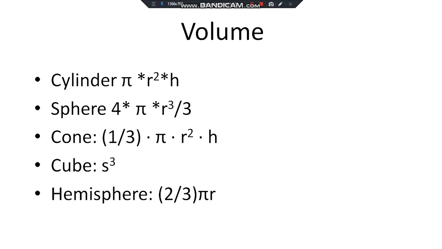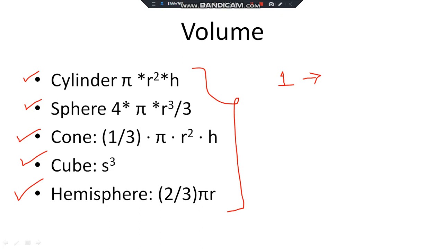I want to implement a program which will calculate the volume of a cylinder. Or if I want, it will calculate the volume of a sphere, or of a cone, or for cube and for hemisphere. I am interested to find out the volume of any of these depending on my choice. So I have 5 options. Here, if the choice is 1, then I want to find out the volume of a cylinder, and in that case I have to read 2 values, radius and height, and I have to calculate the volume in this way, that is pi r square h.